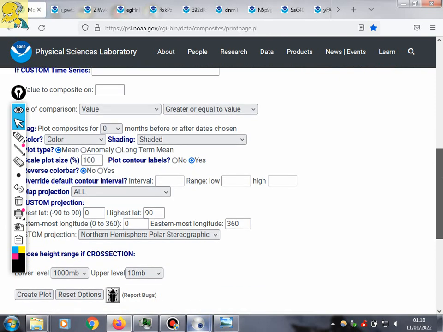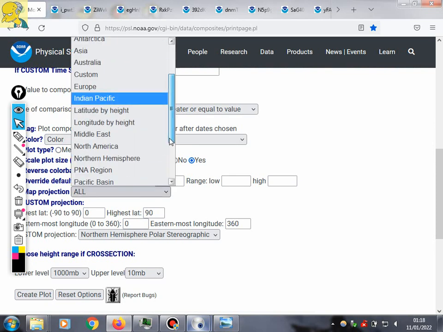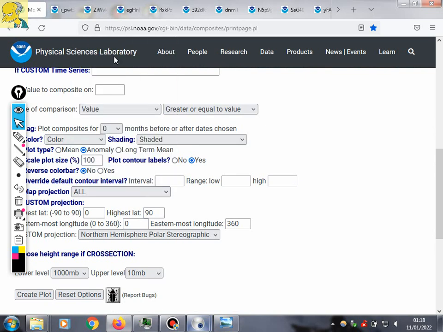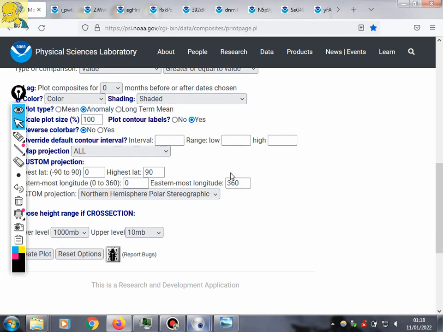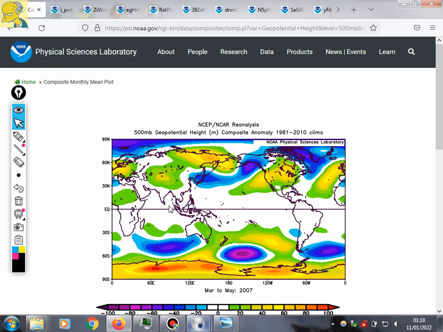And change that to anomaly. Map projection, yeah, we'll just put it on all. That'll be fine. And yes, just create plot. So yeah, the spring of 2007 was